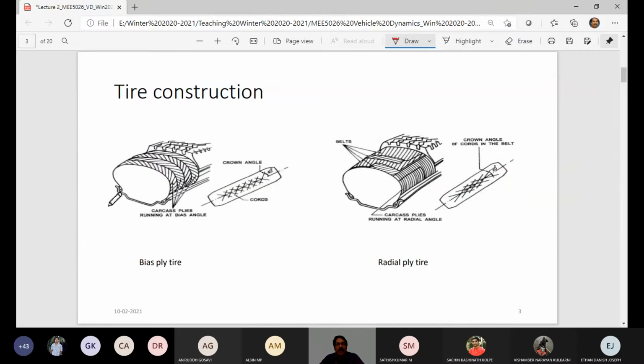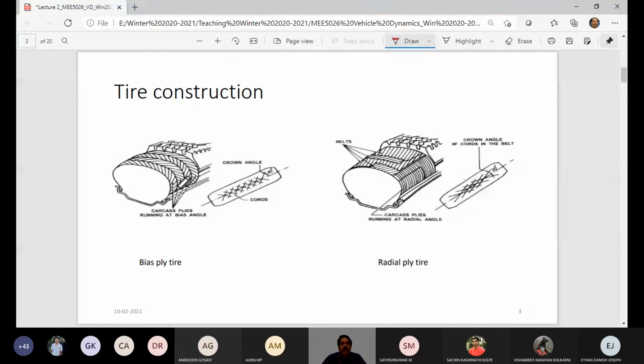So if you are convinced with those points, let us look at what this tire is and its construction details. You see in this picture, there are two types of tire. One is called a bias ply tire, another is called a radial ply tire. This picture essentially shows you a rim. You see this is a rim, and it is not a full wheel; a sector of the tire wheel assembly is shown. In that you see this rim over which you have this construction, and similarly on the other side for a radial ply tire.